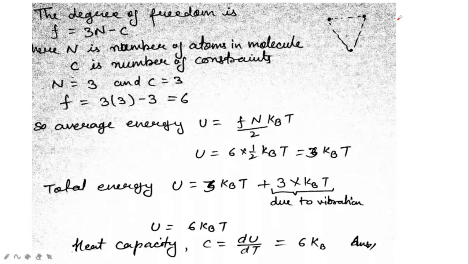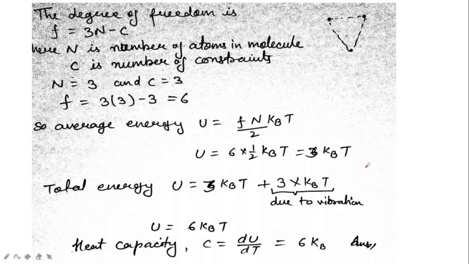So the degree of freedom is f = 3N - C. N is the number of atoms in the molecule and C is the number of constraints. So N भी 3 है, C भी 3 है. Just put down the values and you can get the degree of freedom equal to 6. Average energy U क्या हो जाएगा? f/2 kBT यानी 6/2 kBT यानी 3 kBT